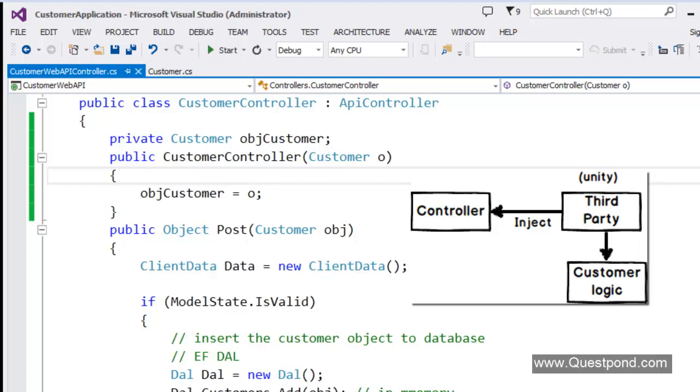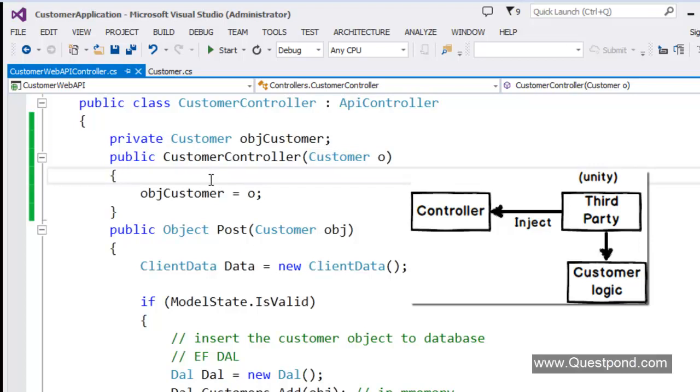So let us go one step beyond. Let us make it very clean. Let us say, is it possible to delegate this object creation part to some third party framework? And that's exactly where dependency injection comes into the picture. Dependency injection takes the help of some third party framework like Unity Application Block or MEF. These third party frameworks are aware of what kind of objects have to be injected for whom. So in that third party framework, at this moment, we will use Unity Application Block.